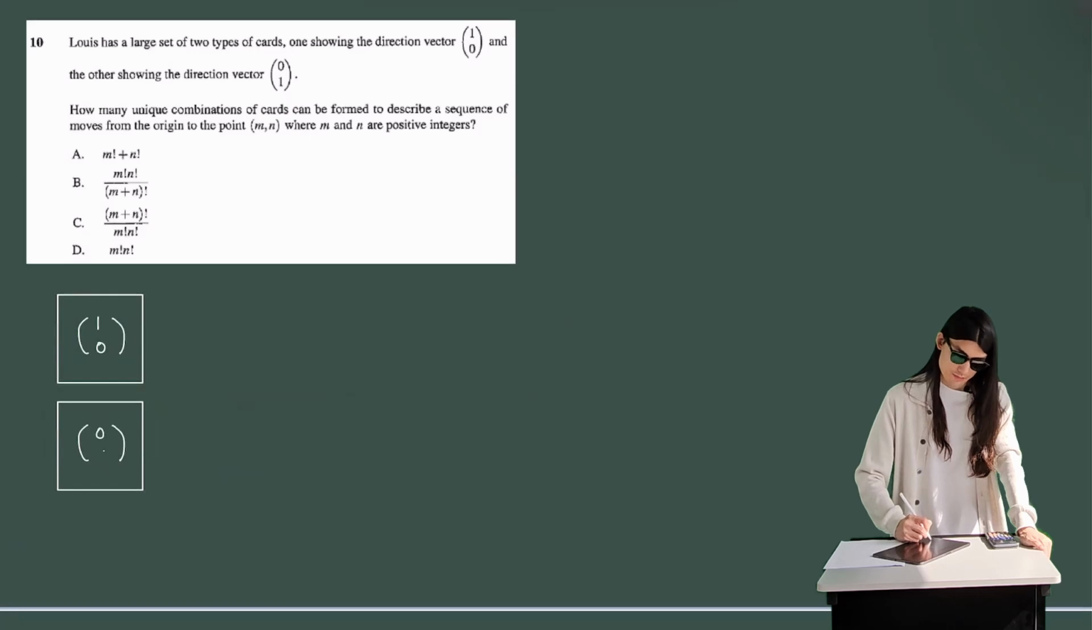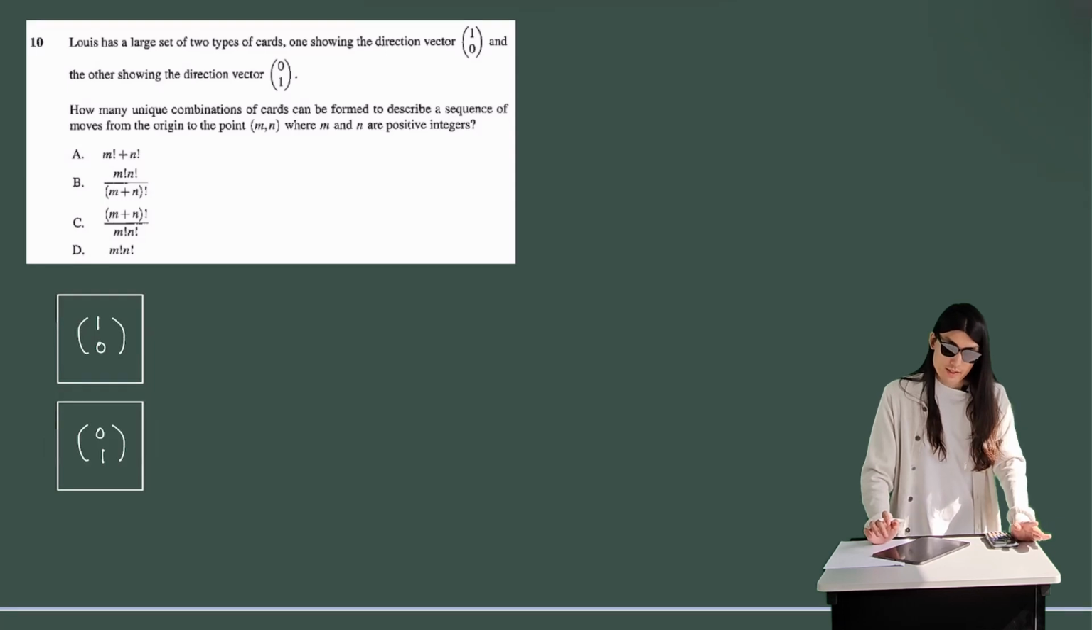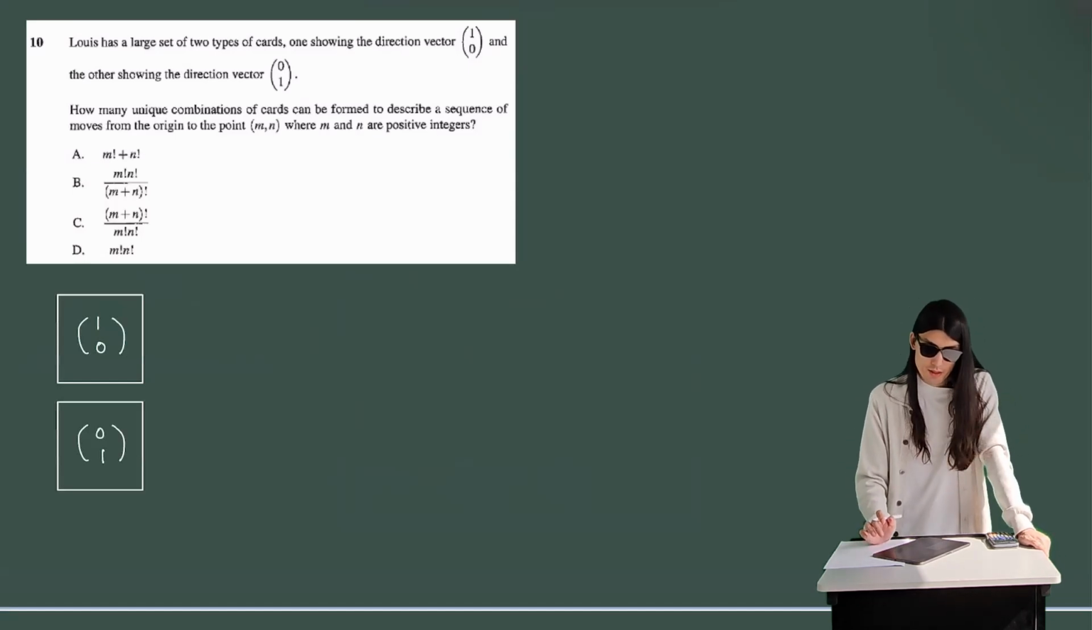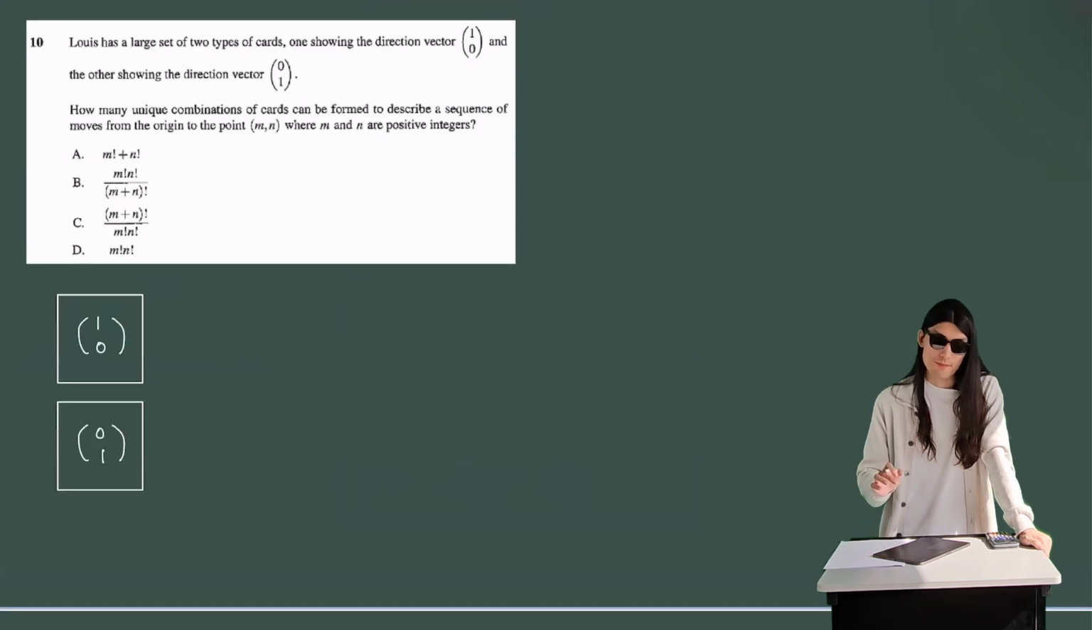Cards that look like this. And the question is, how many unique combinations of cards can be formed to describe a sequence of moves from the origin to the point m, n? Okay, so again,